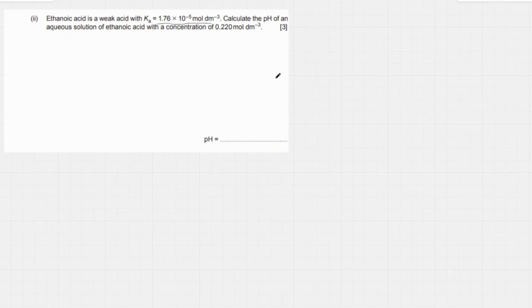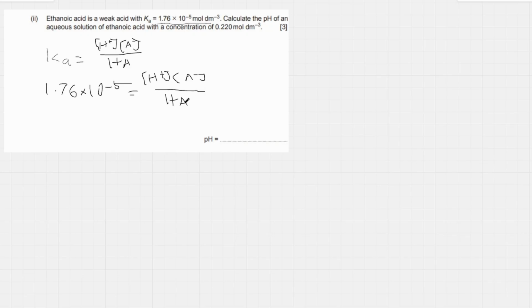So firstly, we'll be writing this equation down. So Ka equals H plus times A minus over HA. And we have Ka initially as well, so we can substitute this in straight away. 1.76 times 10 to the minus 5 equals H plus times A minus over